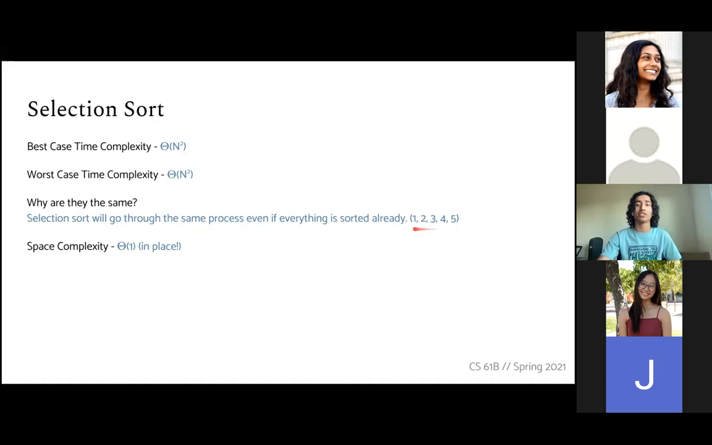So we can imagine for some sorting algorithms that an already sorted list will only take O of n time, because we just need to go and see through the list. And if it's sorted, maybe we don't do any operations. But in this case, we'll always have to search,